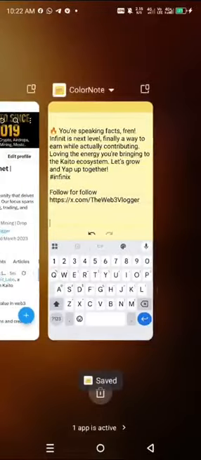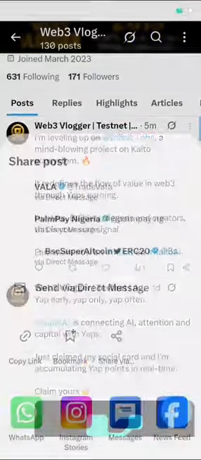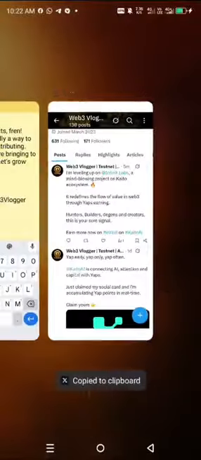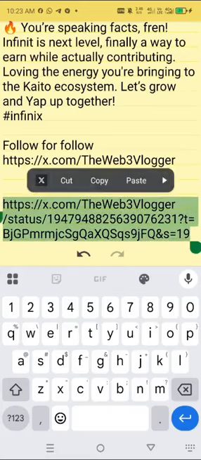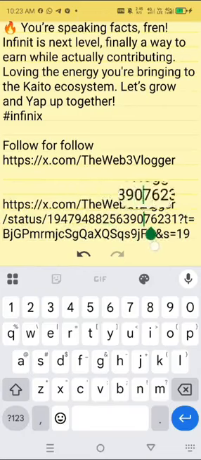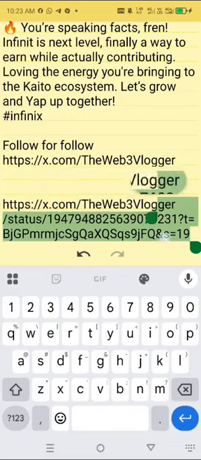Now for the sharing, if this is your link, click on share. All right, go ahead, click share, copy the link. So this is what you'll be sharing in the group. So from this point, after status slash the ID, you remove every other thing.